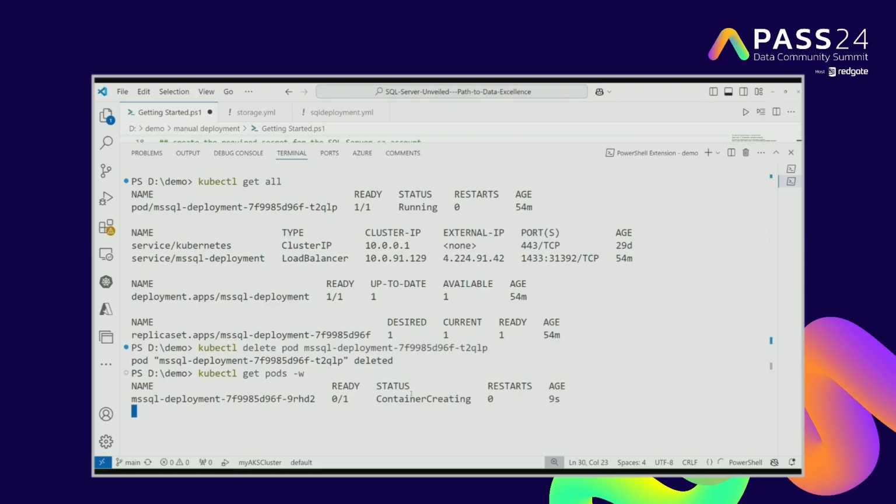I just deleted it. As soon as the delete happened, Kubernetes understood that replica has gone down. I need to bring that up. It started working on that. You can see the container creation happening. So your application is down for 9 seconds, 10, 15, 20, 25. Your application is still down. Your application is still down. 36 seconds. So it took about 36 seconds for SQL